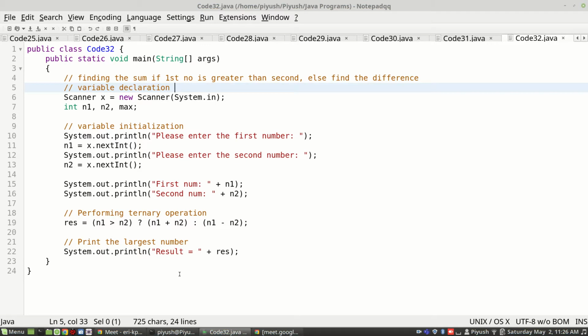So we'll see the execution of this program. We have done the same thing here. We have taken two numbers and then we are printing the two numbers N1 and N2, and then we are doing it this way. If N1 is greater than N2 and this happens to be true, then whatever is there after the question mark will be evaluated. One single value will be obtained and that single value will go inside result. If that happens to be false, then whatever is there after the colon will be evaluated, and that single value will go and reside inside the variable identified by result.